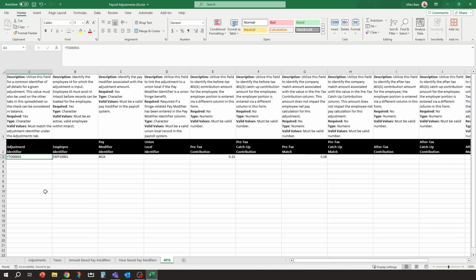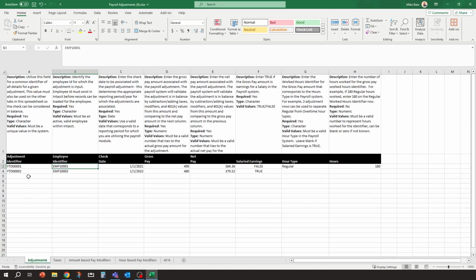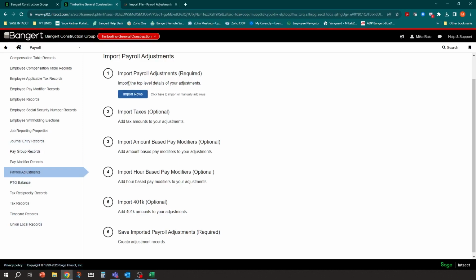So this template becomes very useful, especially for beginning balances, but also to go through and make our adjustments and imports in the system. So let's do this. I'm going to switch over the employee ID because now we'll just go in and hit the import and then it should fail, but you'll at least get to see how it looks. So basically when you're ready, after you save that file, you will click right in here under imports, payroll adjustments, import rows.